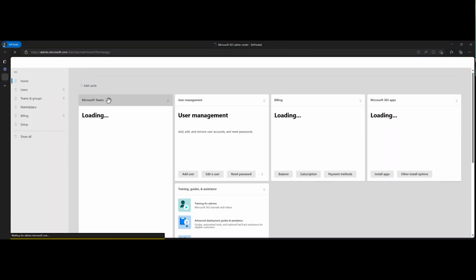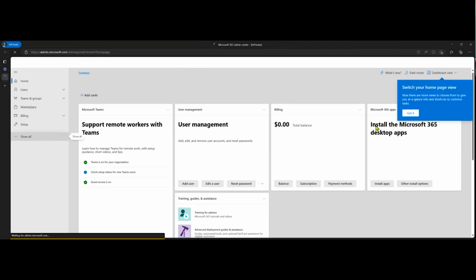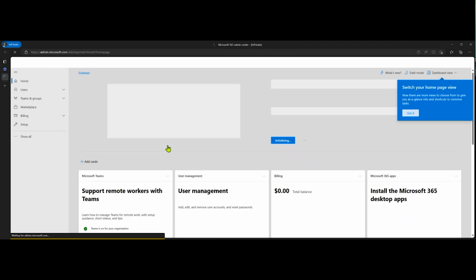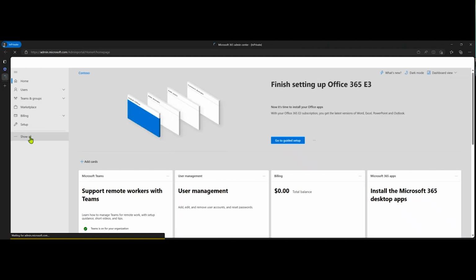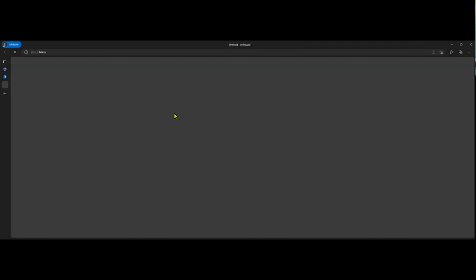So this is accessed from the Teams Admin Center. I'm just starting at the Microsoft 365 Admin Center, but you can go directly to admin.teams.microsoft.com. So either way is fine. And then once we're here, we're just going to look at the Viva Connections app.